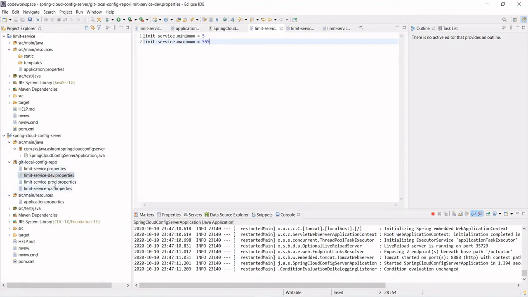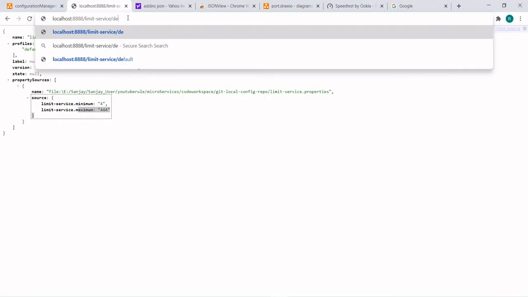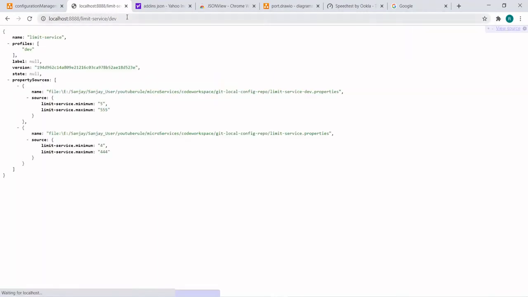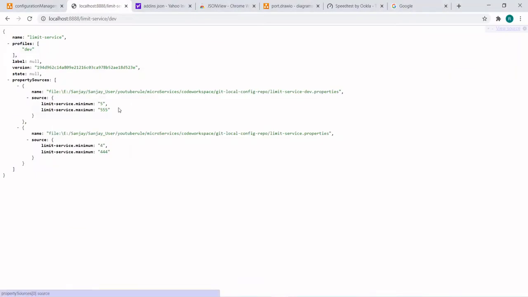So dev, prod, QA. Dev has minimum and maximum 555. So instead of default, put dev here. In the dev environment, limit-service-dev.properties in this location, the minimum limit is 555 and the maximum limit is 555, and for the default it is there.